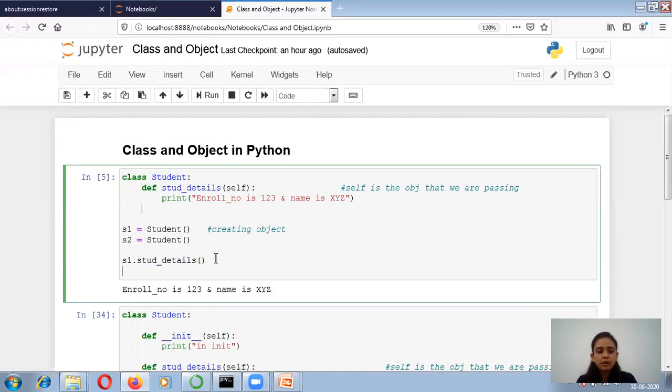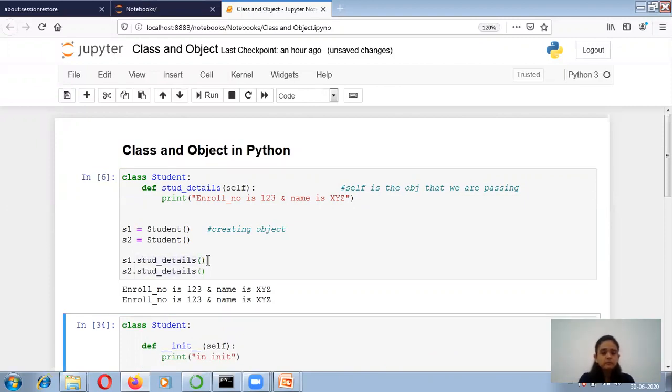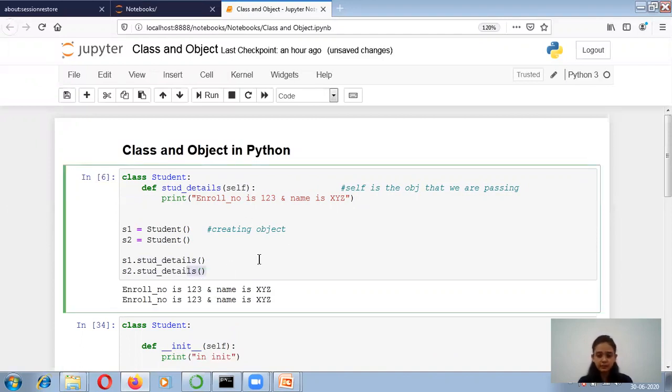Now suppose again I call the function with the help of the second object, that is s2.student_details, and I am copying this. You can see that again with the help of object 2 we are calling the function.